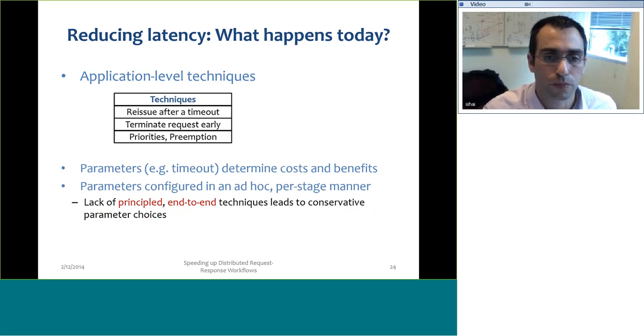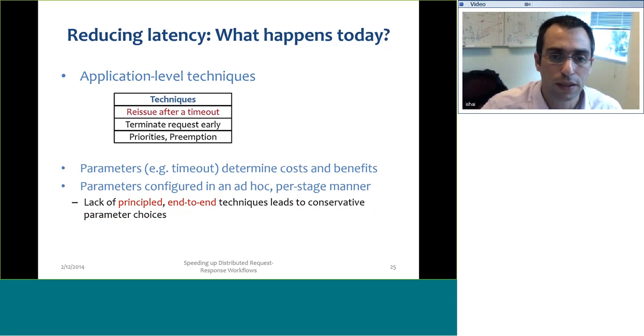So what are the application level techniques that we are going to use? And the question is how you use them, because the techniques are out there and they're not rocket science on their own. They're pretty straightforward, and I'll just give you a few examples of what I mean by application level techniques.